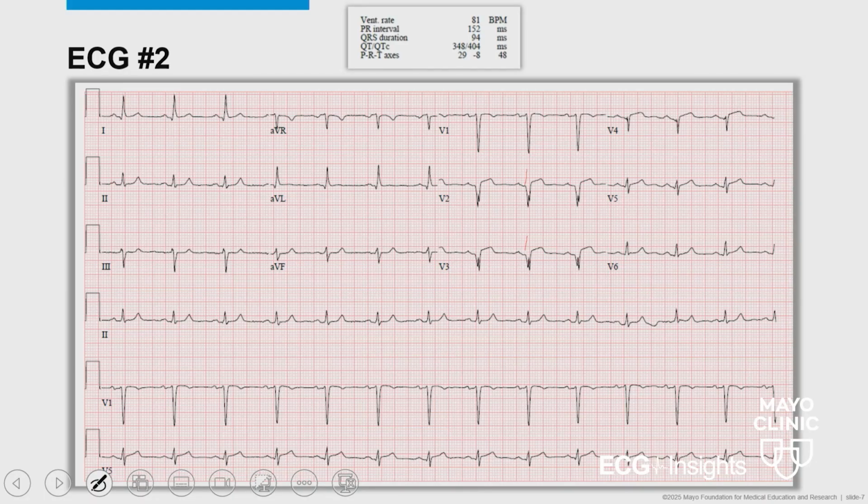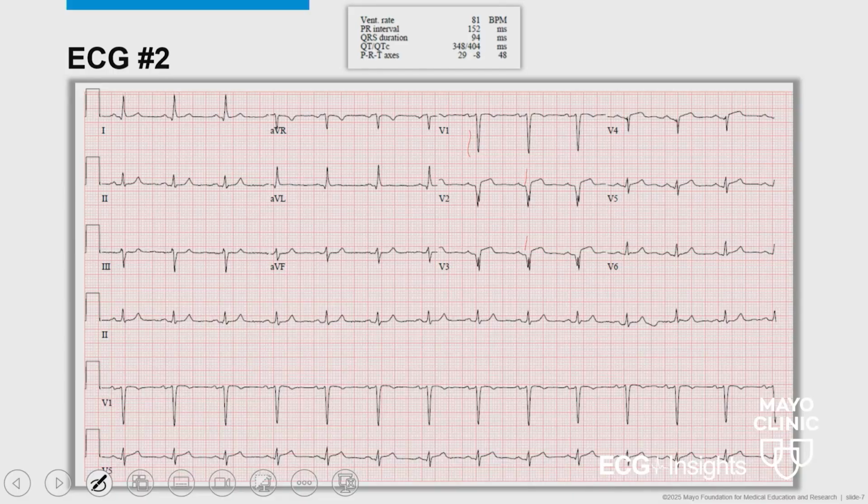Absolutely. And again, when you look at normal R wave transition going from V1 to V6, there's a small R wave and a deep S wave in V1, as you pointed out. But as the R wave goes from V2, V3, V4, V5, V6, the R wave becomes taller and taller, the S wave becomes smaller and smaller, and by the time you reach V6, there is no S wave, as you can clearly see in this ECG. So here V1 is good and V6 is good. Everything in the middle is not so good. And that is this QS pattern as you're seeing in V2, V3, and V4.